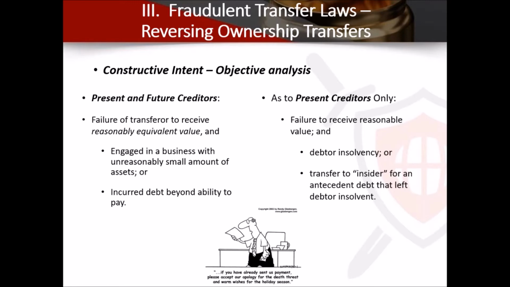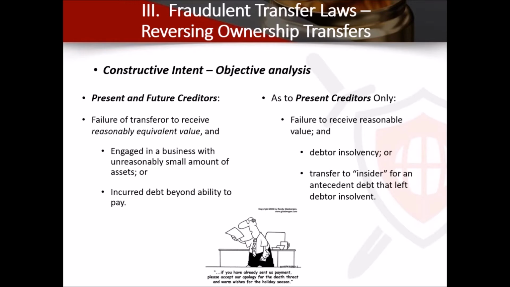So here's the breakdown of what happens on constructive intent. A creditor can be a present creditor or a future creditor. I know that sounds very odd to most people. A present creditor is a creditor, like a lender, who was owed money at the time of the transfer. So I owed you money, I was running out of assets, I knew you were going to try to collect, and I got out of town, or I transferred them to the Cook Islands or whatever. That's a fraudulent transfer. The other are future creditors.